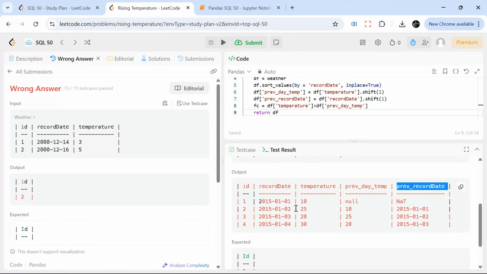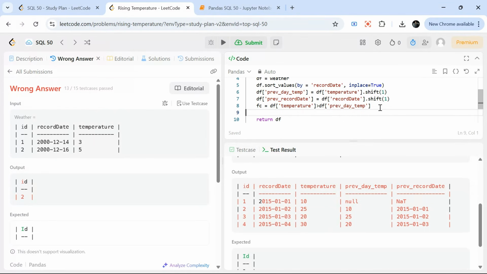So we have got the previous record date. What we need to make sure is that the difference between record date and previous record date should be 1, and the temperature should be greater than the previous day's temperature. If these two conditions are satisfied, then we are good, because if the difference is 2, it means we have not recorded the previous day's temperature, and we cannot satisfy that record. Now we need to get the difference, right? So I'll create one more column, and I will call it days diff, right, equal to